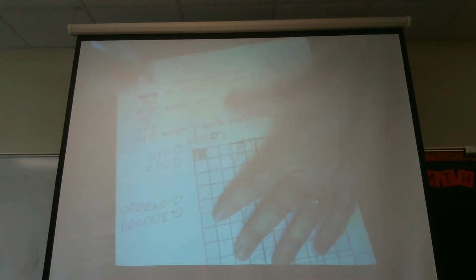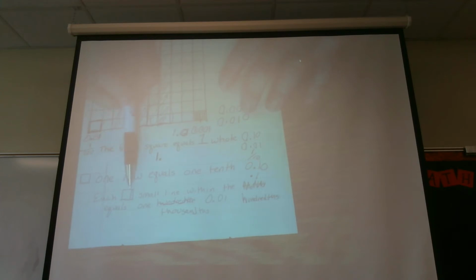Sorry. I messed that up. So each one of these little marks right here within the 100th, these little marks are inside of a hundredth. Each one of them equals a thousandth, which can be written